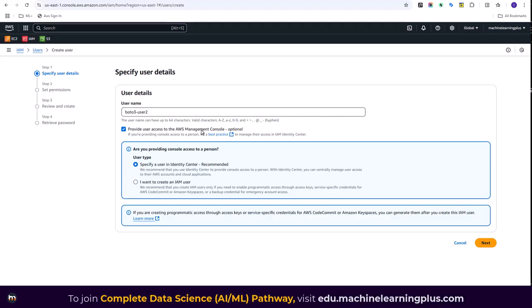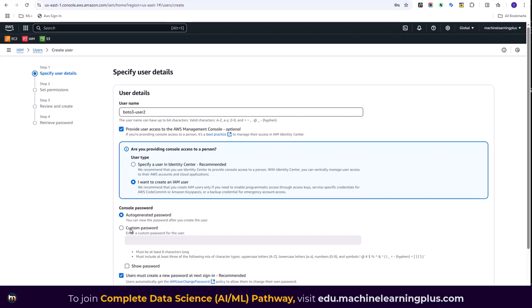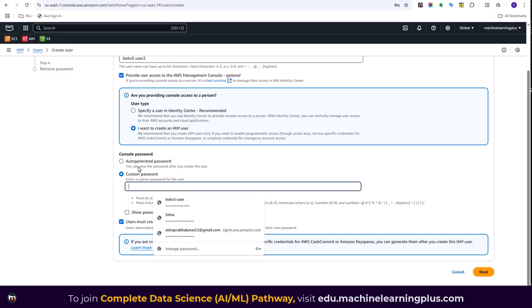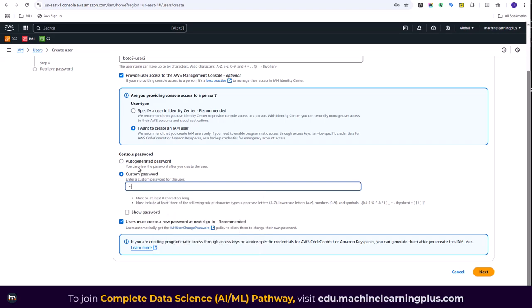Alright. And click on provide user access to the AWS management console. And then here click on I want to create an IAM user. And you can give a custom password for this. Let me write my password. Alright. And then this particular setting, I'm going to turn it off. It says users must create a new password at next sign in, recommended. What it will do is it will ask you to create a new password other than what you have created here. Alright, so I'm going to turn this off because I am the user in this case,